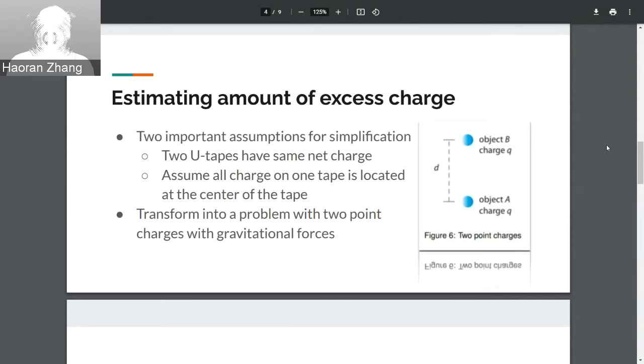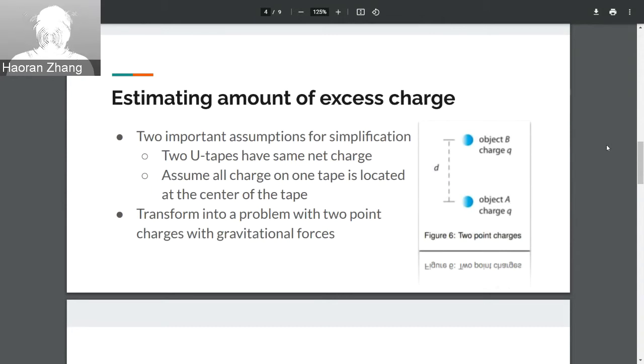But in that case, we would have to compute the distance and the direction for each pair of charges, and that could drastically increase the computational difficulty, and it is almost infeasible for us to compute the amount of charge in the object. Therefore, we assume all charge on one tape is centered at a point,